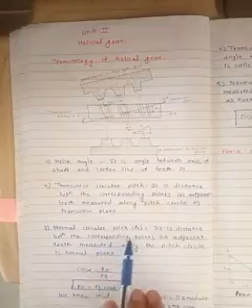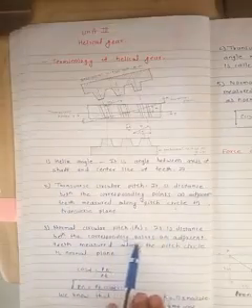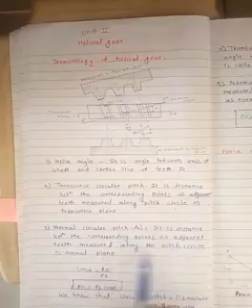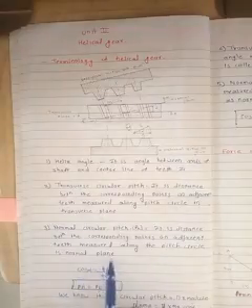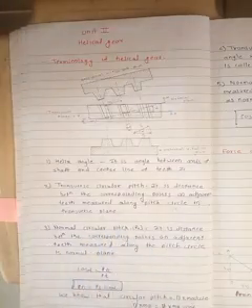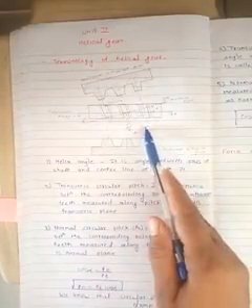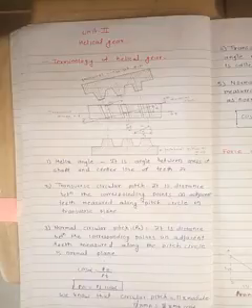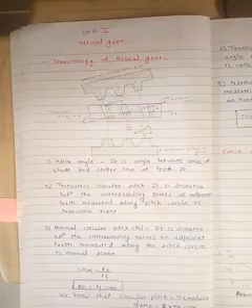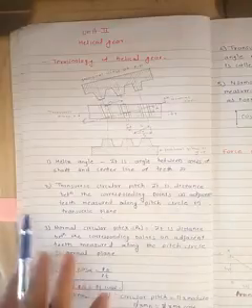And the normal circular pitch is the distance between corresponding points on adjacent teeth measured along the pitch circle in the normal plane. If the distance between adjacent corresponding points is in the normal plane, what will you call it? The normal circular pitch. That is, cos alpha is equal to Pn upon Pt, Pn is equal to Pt upon cos alpha. Then after calculation we get mn is equal to mt cos alpha, where mn is the normal module and mt is the transverse module.